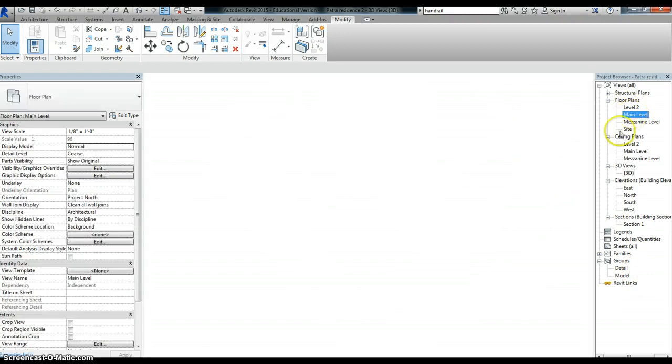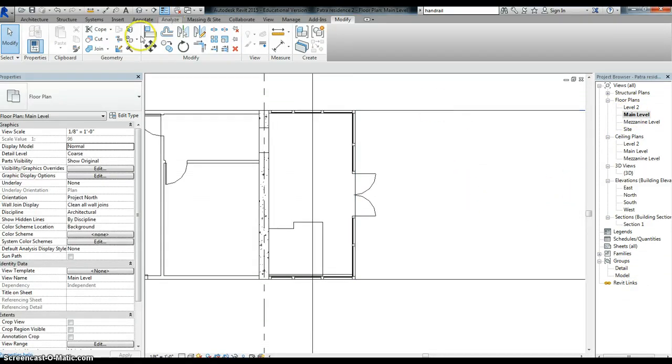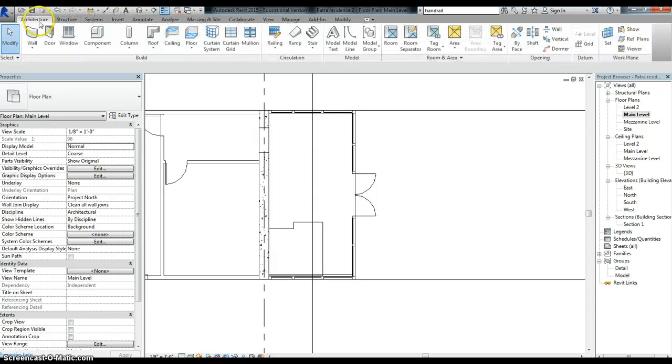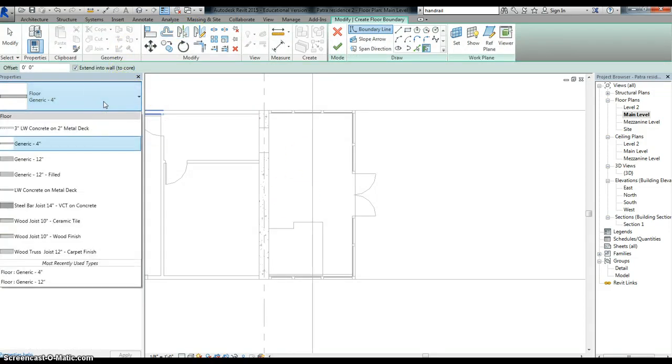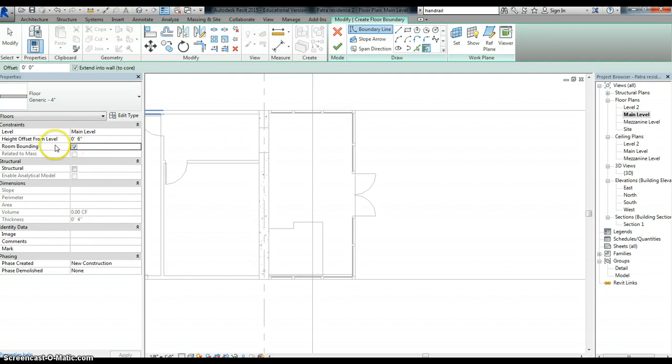So let's go back to main level. So we go up here to main level. What we're going to do now is go to architecture. We're going to go over here to floor. Now right now I've got in here generic floor, and we'll turn that into a concrete floor. But now what we're going to do is start to build a series of steps. So one of the things we're going to do is say on the main level, the slab is